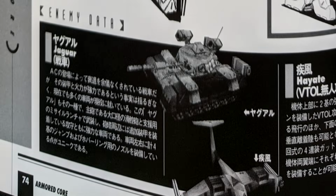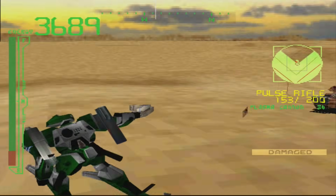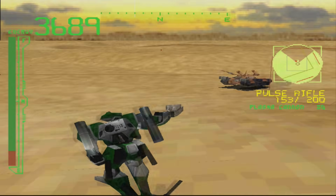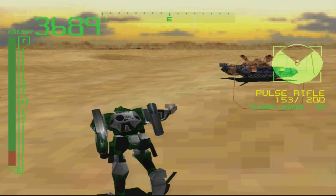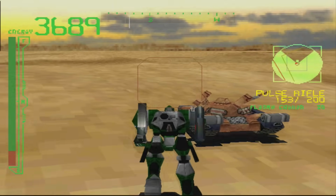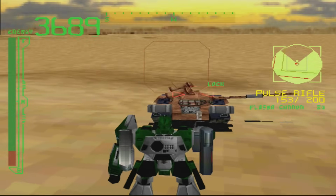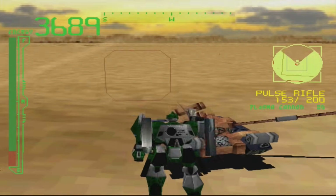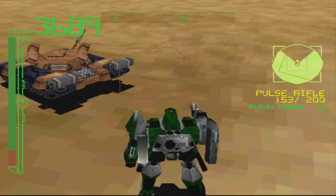The Jaguar Tank. Although tanks have been on the decline thanks to the advent of armored cores, the fact remains that their armor and firepower are powerful, as such many are still in service. The Jaguar is one such tank, armed with a smoothbore main gun and a supporting missile launcher. It also has additional armor around the turret, making it a powerful combat vehicle. What makes the Jaguar unique, however, is the 4 nozzles used to allow it to jump on its left and